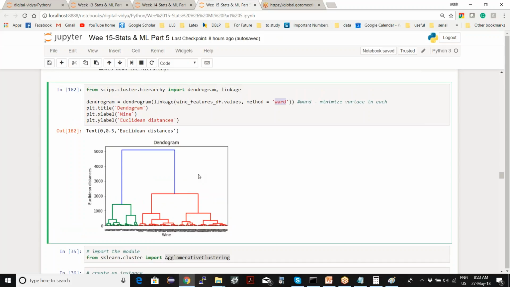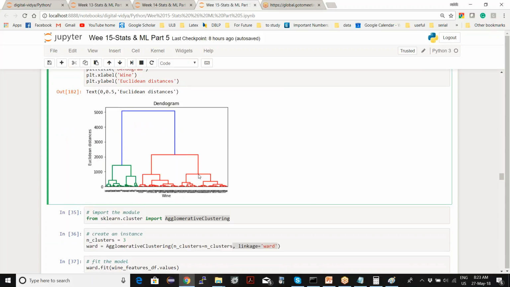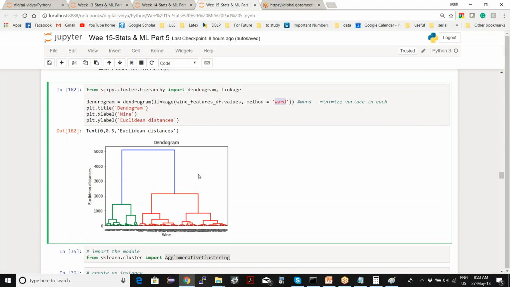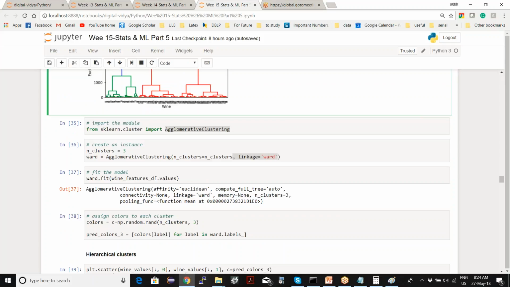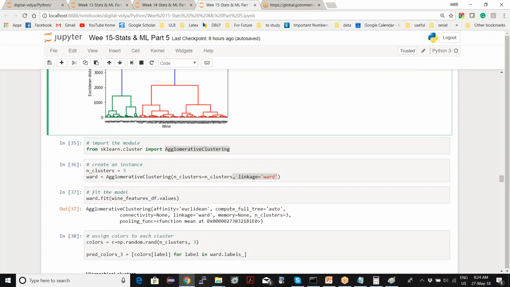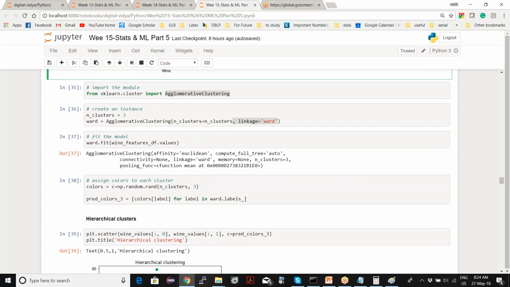This is not a very good example. I was thinking of adding a new example, but I couldn't find one, because hierarchical clustering is very useful in some cases. We will put in a new example for hierarchical clustering. Maybe the wine dataset is not the best example for this. Just see the code first, how we do it using machine learning code.